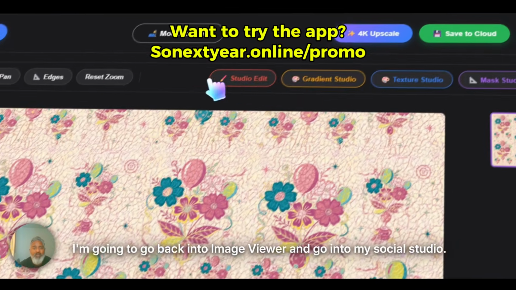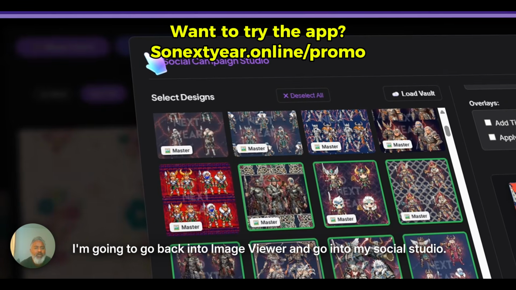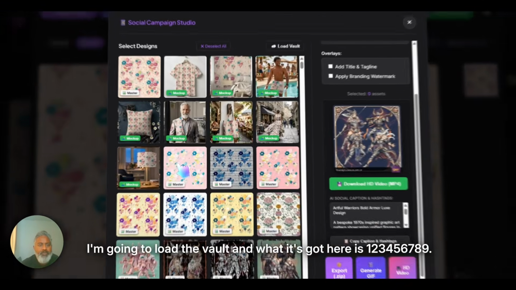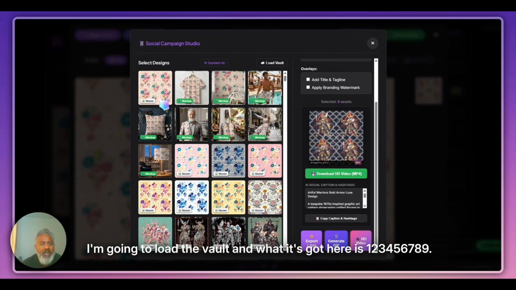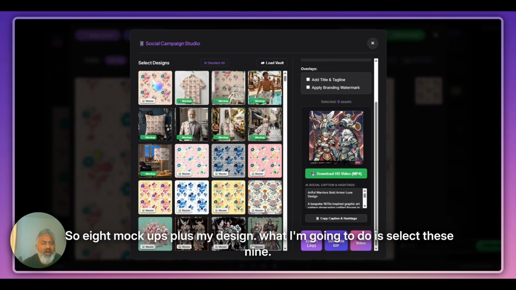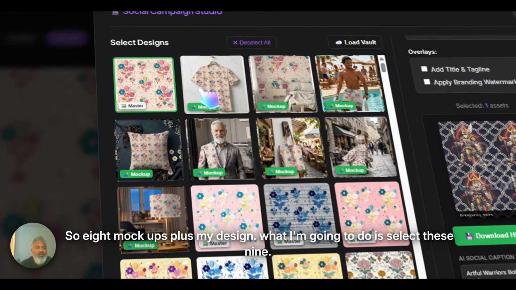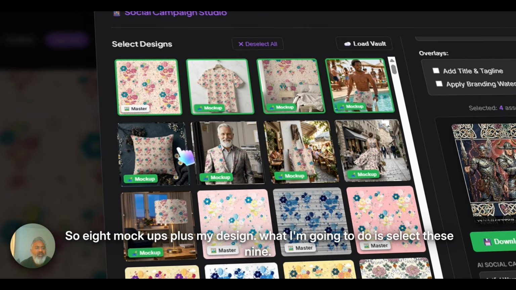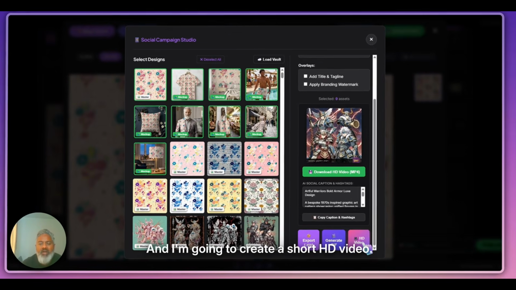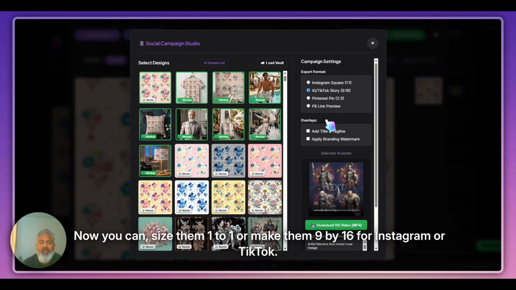I'm going to go back into image viewer and go into my social studio. I'm going to load the vault, and what it's got here is 1, 2, 3, 4, 5, 6, 7, 8, 9. So 8 mock-ups plus my design. What I'm going to do is select these 9, and I'm going to create a short HD video. Now you can